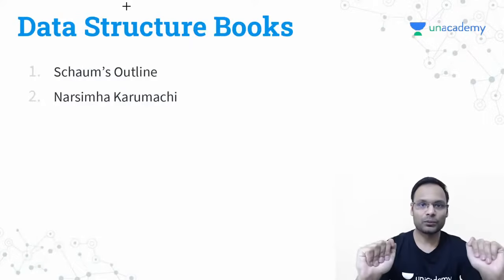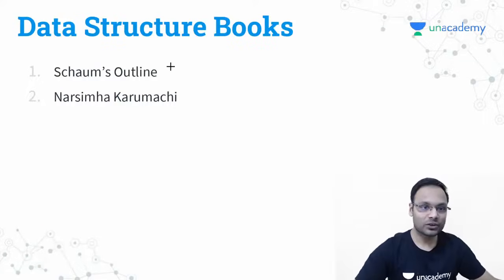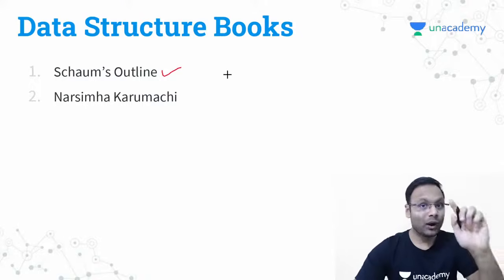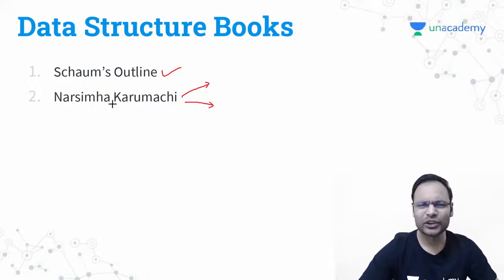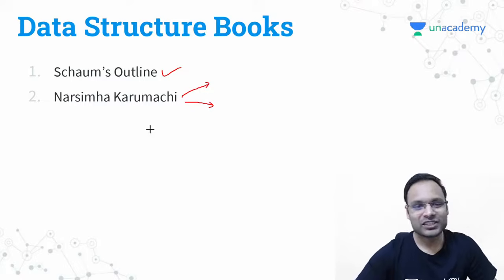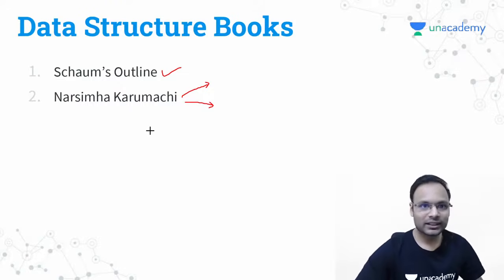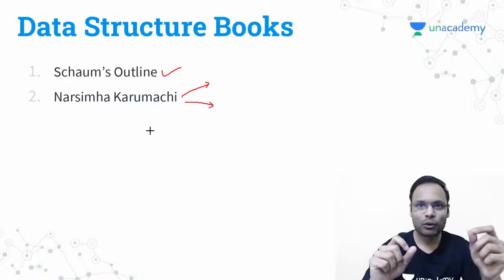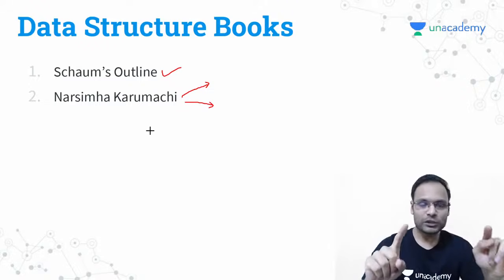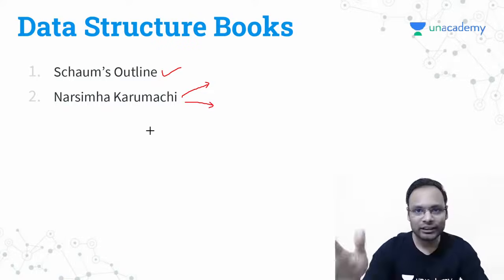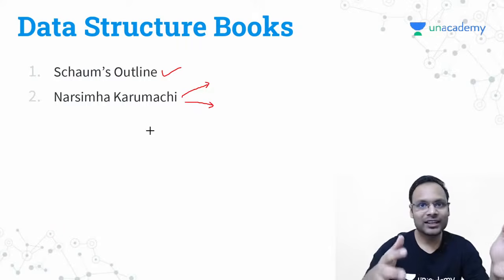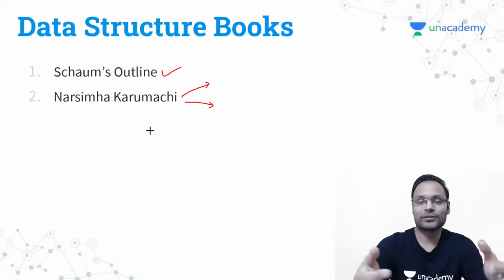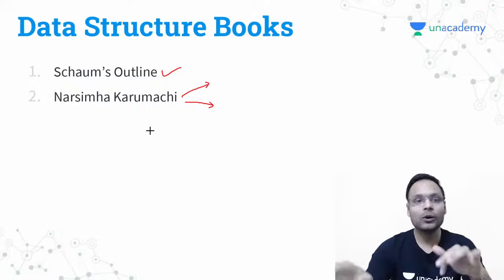First, data structure books. What I followed for my data structure books, Schaum's series, and one more book is there for your practice and different types of algorithmic problems, Narasimha Karumanchi. The book is really good. You can just check the spelling sometimes. In the spelling there can be small errors here and there, but this first book has the theoretical part covered really very well. Some solved examples are also there. If you go with Schaum's Outline Data Structures with C, it will be good for you, just because for the GATE exam you have data structures with C only.